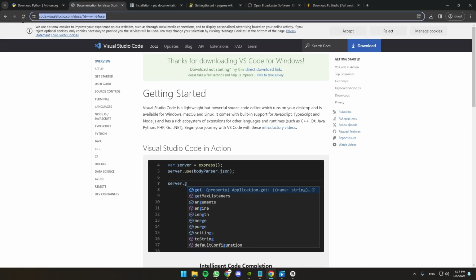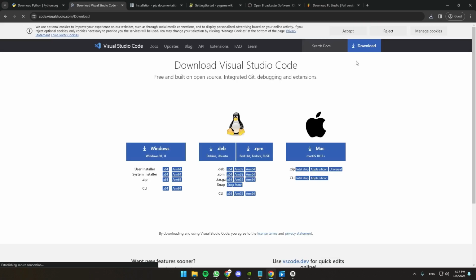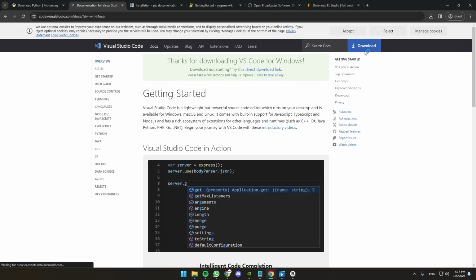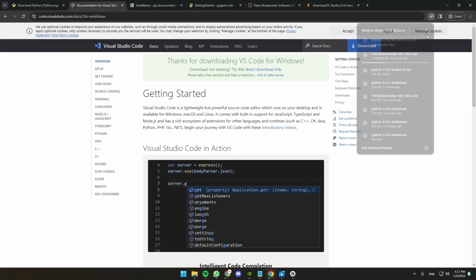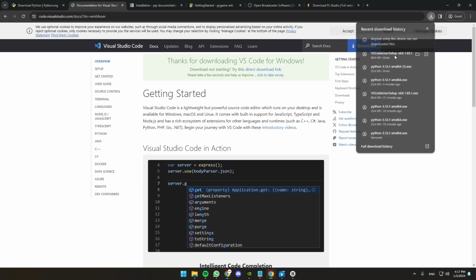Next step is go to Visual Studio Code, click on download, Windows. Once this is open, click on save, wait for it to finish, open this,